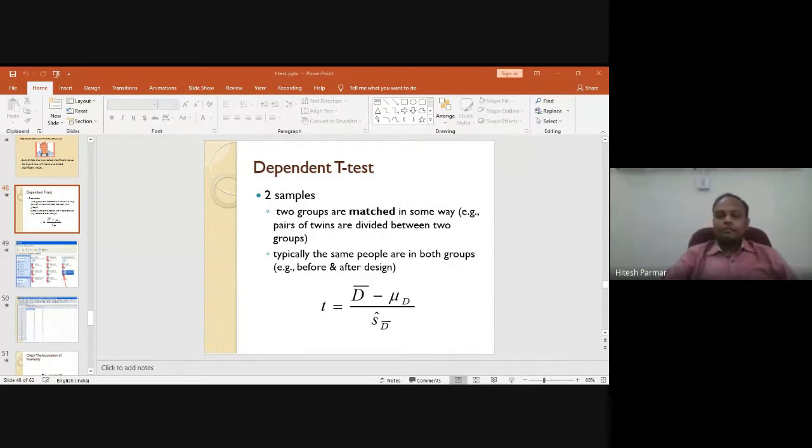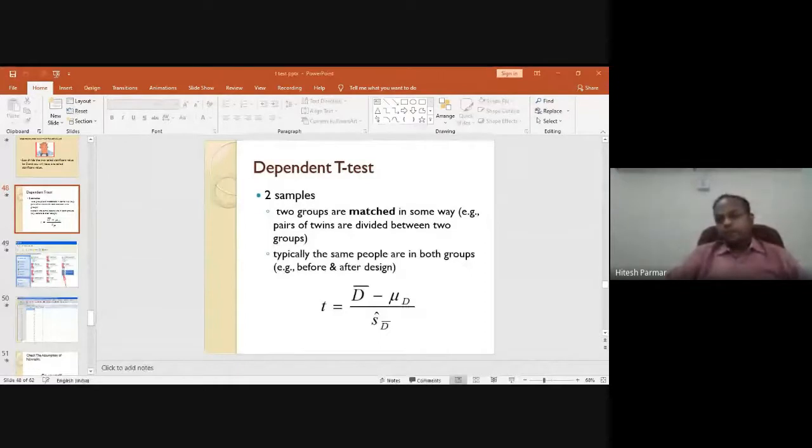Then the second assumption: we talked about the homogeneity of the variance. We checked homogeneity of the variance with the help of Levene's test of equality of variance. In this case also, as the p-value was greater than 0.05, we confirmed that the variance of both these groups can be assumed equal. And then we proceeded towards the application of the independent sample t-test. So that was the discussion yesterday.